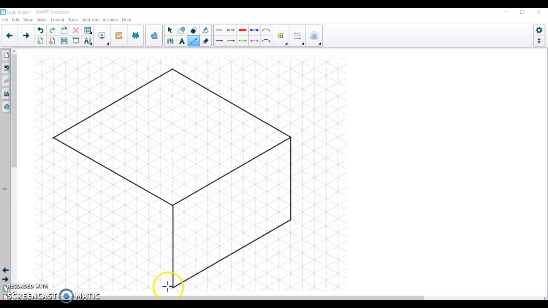Okay guys, I'm going to go ahead and screencast the bottom isometric view of a Lego Duplo here. And I got the same box that I did with the top. I am 6 blocks high, 10 blocks deep, 10 blocks wide. And as I look at it from the bottom, the first thing I have to do is incorporate the thickness of